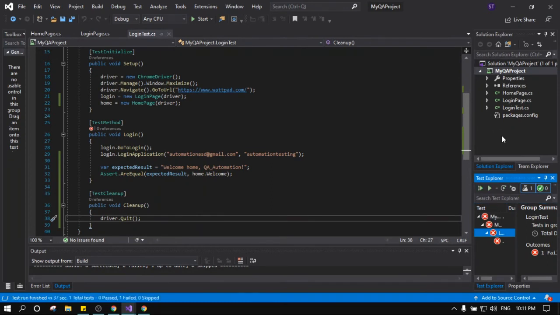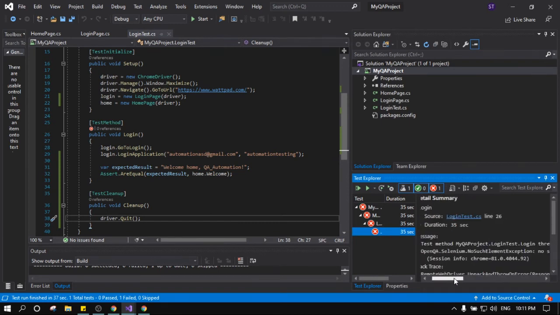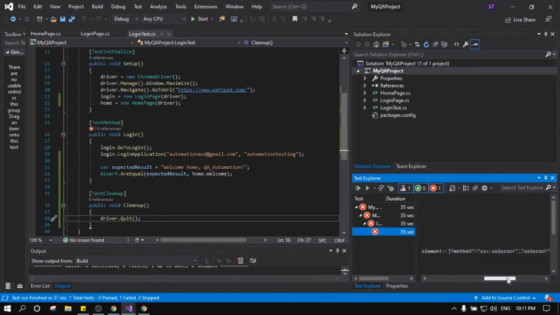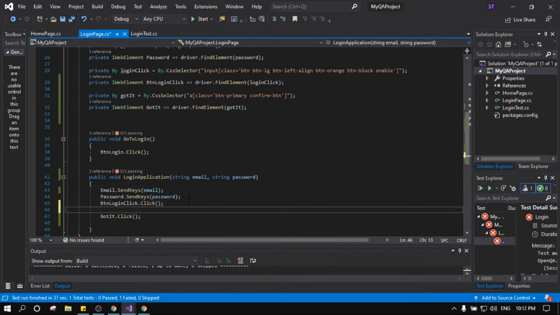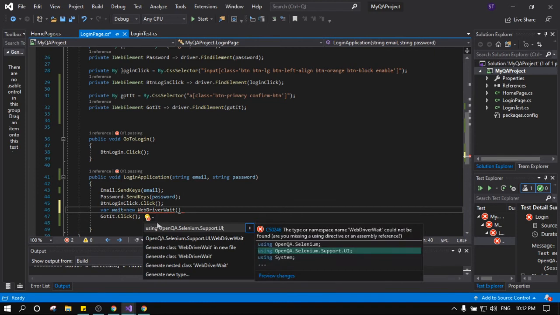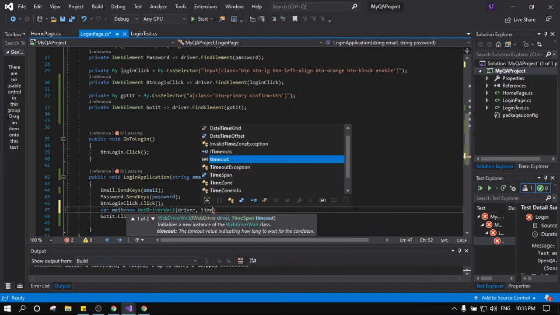And what does it say? It says that it was unable to locate the element CSS btn primary confirm button, and this is the got it message. So before clicking on got it message, let's put a wait. This is another concept that I was just waiting to use. Var wait equal new WebDriver wait, and I think we should import, yeah, Selenium support. And here we have to say driver comma timespan